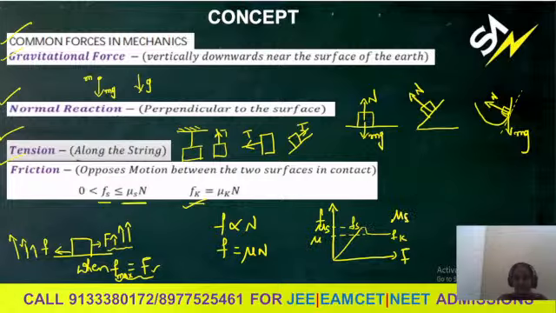So mu s is greater than mu k. Meaning, in the state of rest we need more applied force. To move that object, we need to apply more force. If it is already accelerating, the applied force is less than for the body which is at rest. That is why mu s is greater than mu k. And the